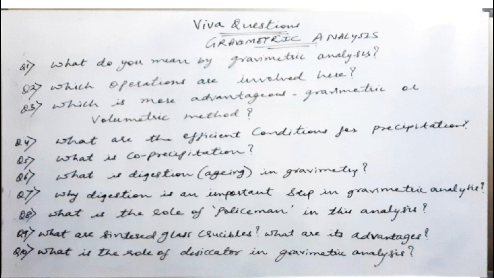The next case here is you need to have bigger particles of the precipitate. So to obtain the bigger particles of the precipitate, the solubility of the precipitate is increased by the addition of a suitable reagent. These are certain conditions which need to be followed during the precipitation step within the gravimetric analysis.